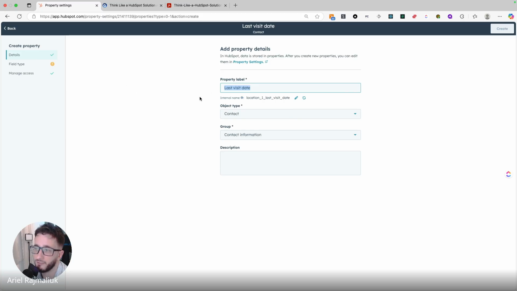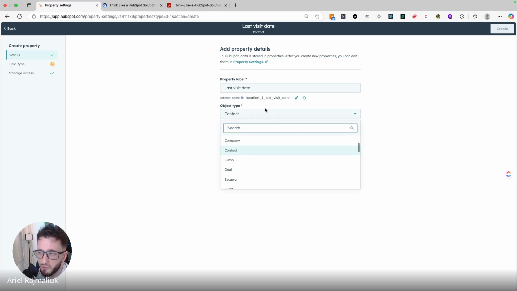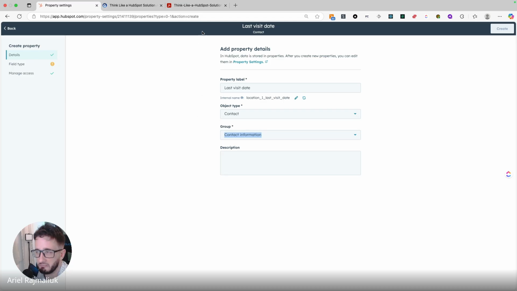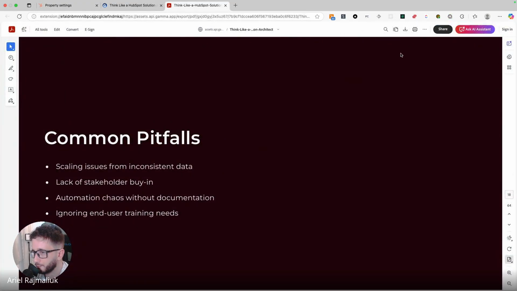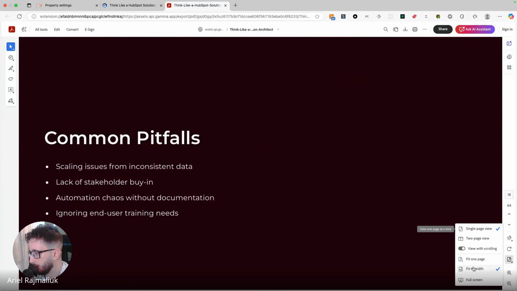Well, believe me, when you have 500 properties, it will start being important, especially if you're working with integrations, because then you're going to send a webhook with a lot of data that says location one something, location one something else, location one something else, and you happen to have 20 per place. And if you didn't do that, you will regret it very quickly. So have a convention of doing this. Your developers will appreciate that a lot. Of course, divide this in groups, but that will be for your internal use. Okay. So here, let me go back again.